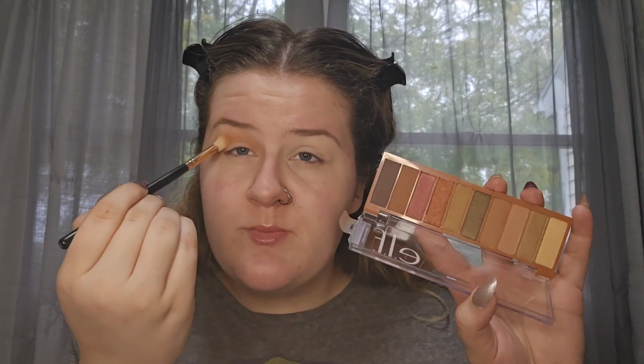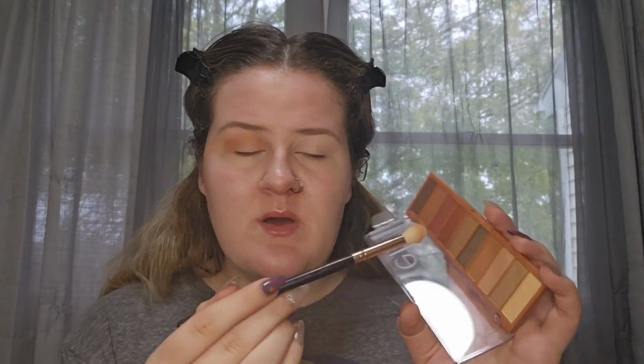This is a lot warmer than I thought it would be too. I thought this would be more pink because in the pan it looks a little more pink, but it is not. I'm curious though, I am going to take the little bit deeper transition shade, just a touch, and see